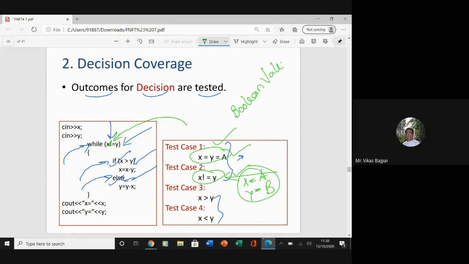Every time I'm looking for a true or false, or a 0 or 1. So this technique reports true and false outcomes of Boolean expressions, right? I'm looking for true or false, or you can call it 0 or 1, or 1 or 0, or anything. So whenever there is a possibility of two or more outcomes from the statements, for example,